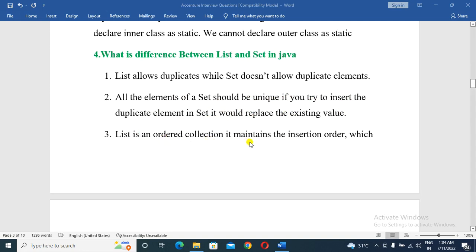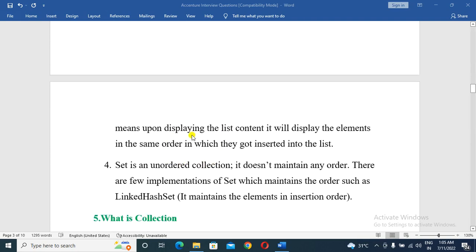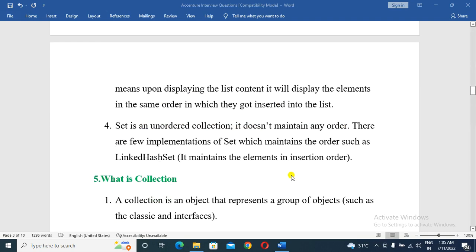List is an ordered collection; it maintains the insertion order. So in a list, whatever order we insert, the same order will be stored, and while retrieving also, the same order will be retrieved. Set is an unordered collection; it does not maintain any insertion order. There are a few implementations of set which maintain the order, such as LinkedHashSet, which maintains the elements in insertion order.